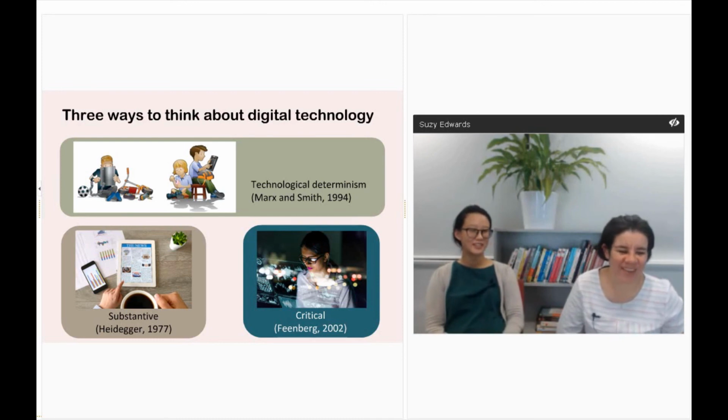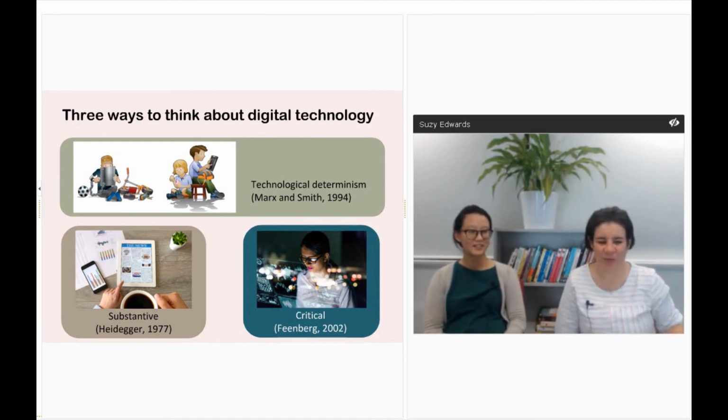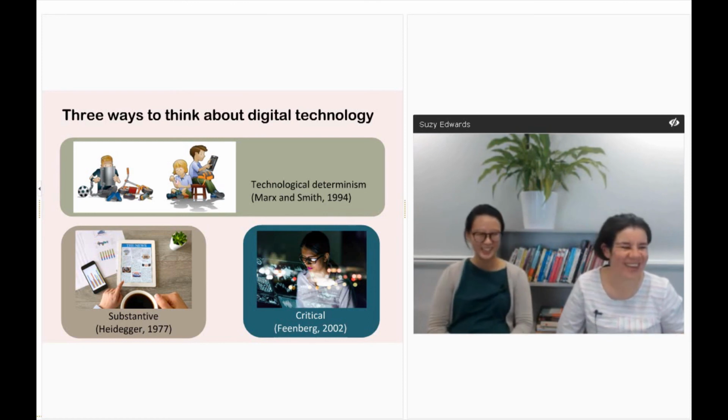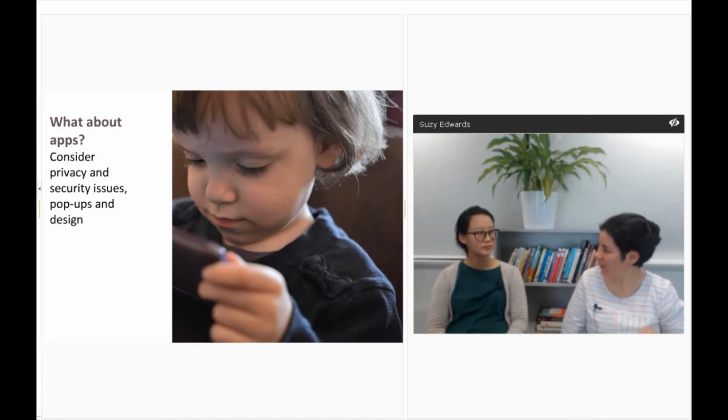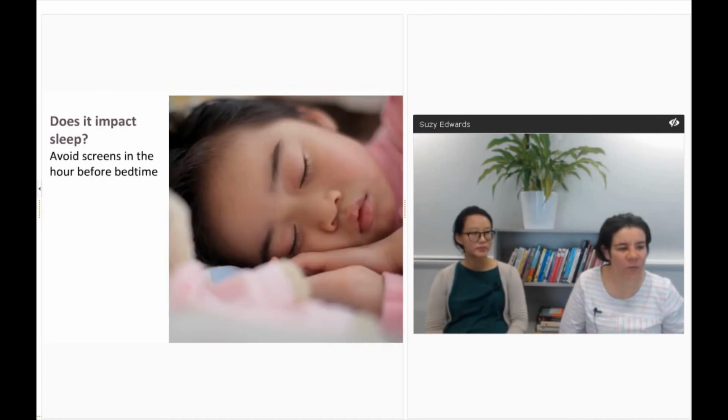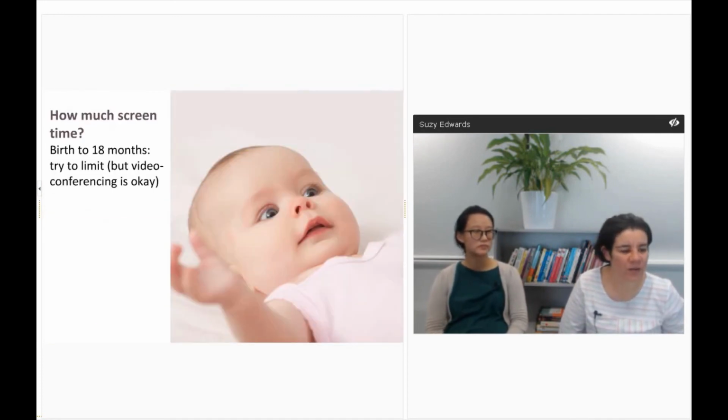Yeah, you're right, Renee, that's a really interesting point. It is. Other theories came before most of the devices were actually developed. What I think is really important is that when we know that there's different ways to think about digital tech, then we don't have to be stuck on